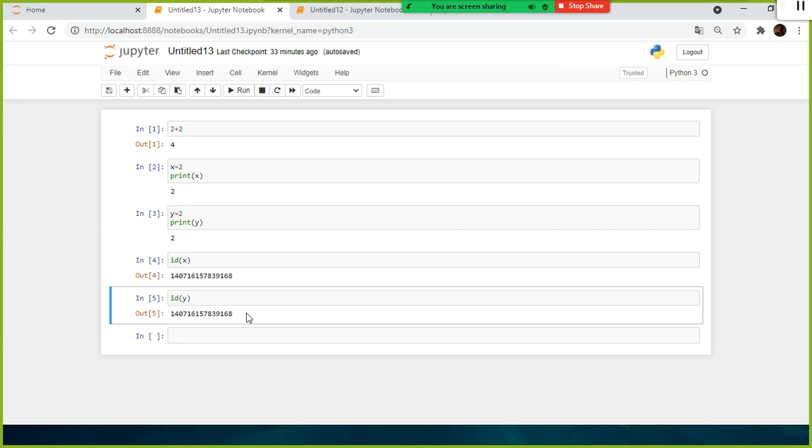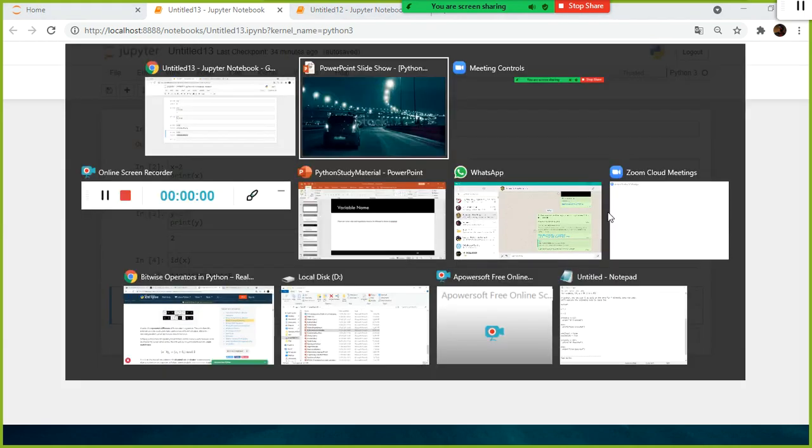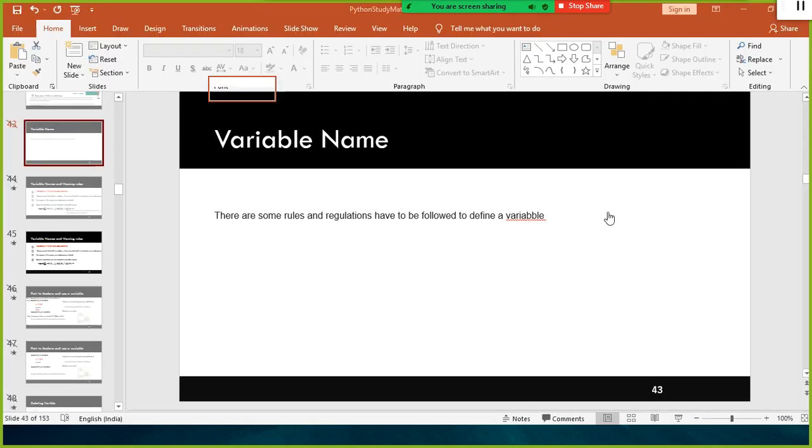Behind the scenes, Python uses some address to refer to the value stored in the variable x, using ID of x. But these two variables x and y are pointing to the same location.